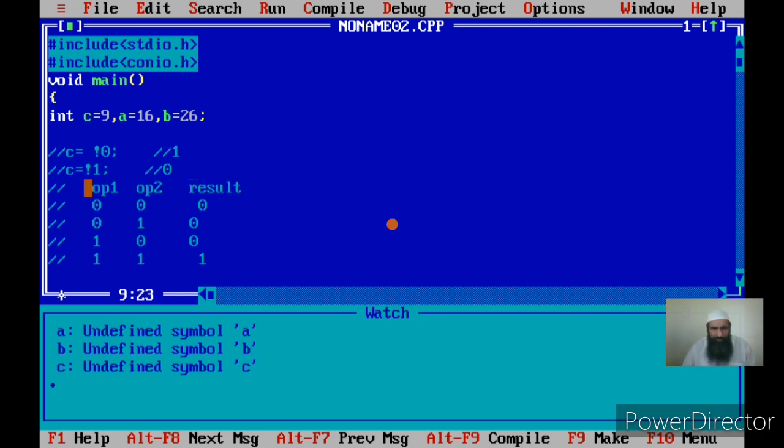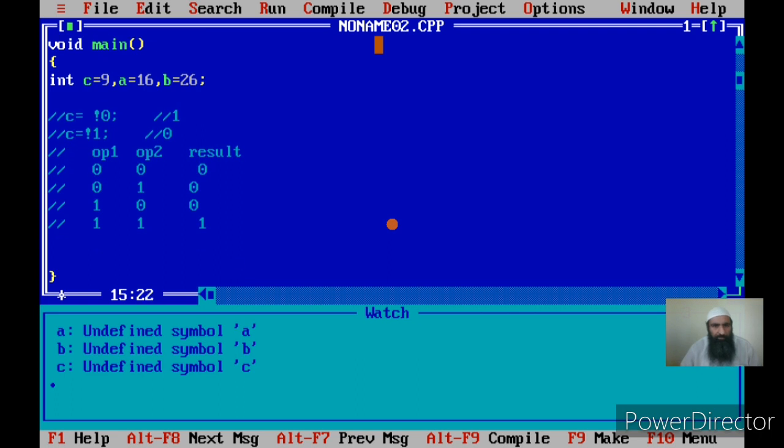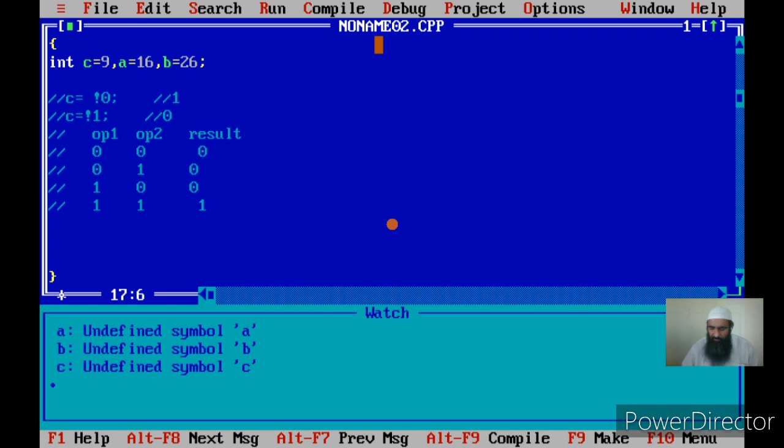In the truth table I have shown in the slide, you should label the first column there as operand 1, second column as operand 2. Okay. Now let us see if the AND operator acts like this or not. This is a truth table for AND. Okay.